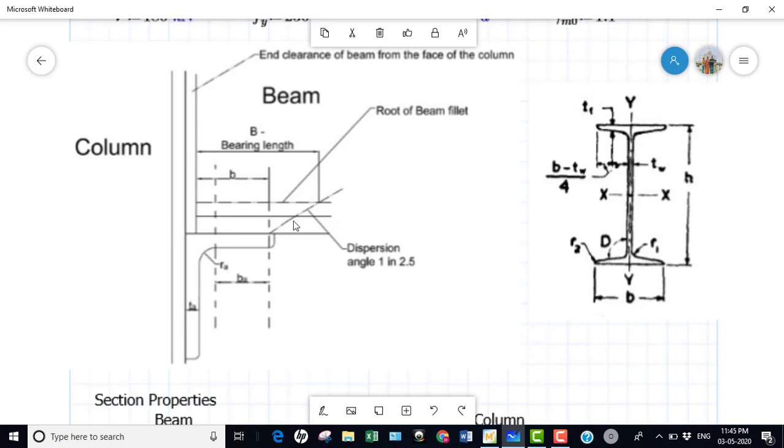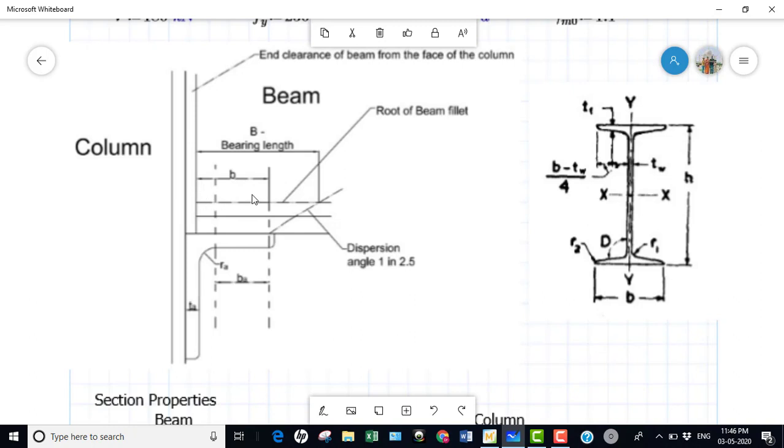This is the beam. These two lines represent the thickness of the flange, and this dashed line is nothing but the critical plane at which the beam is going to be subjected to high shear. That is at a bearing area. So to transfer the shear safely to the seat angle, the beam has to have a safe bearing area. The bearing area is a length on the seat angle and a dispersion length. So from this bearing area, the dimension of the seat outstand has to be decided.